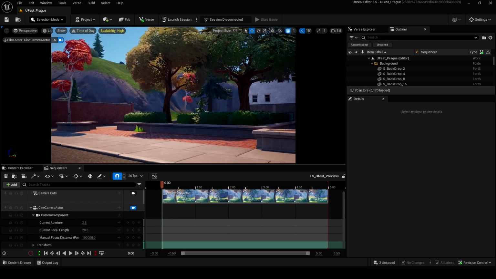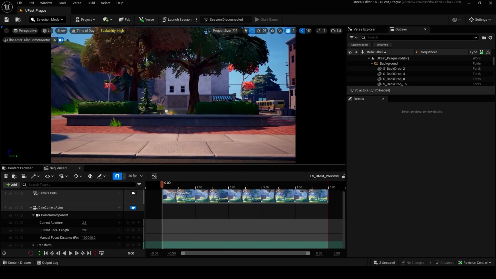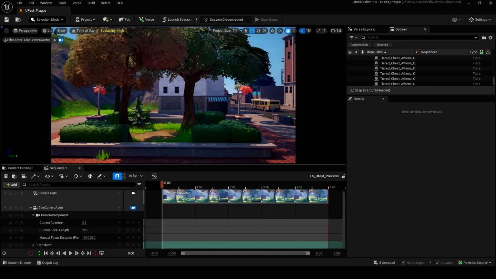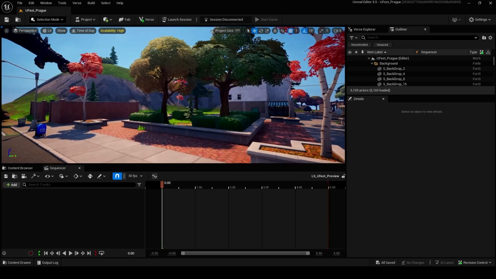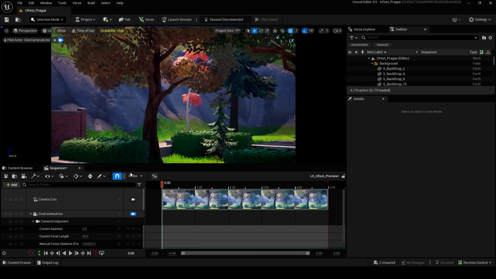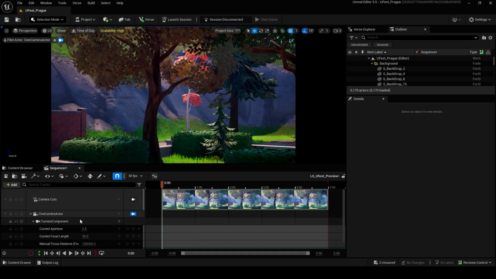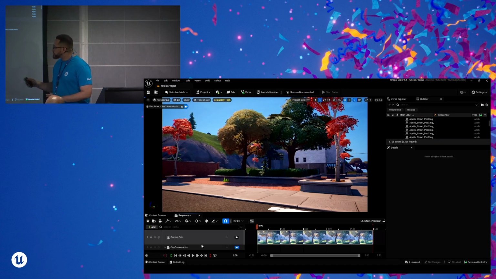This camera has many different properties. The main ones are the aperture, focal length, and the focus. The focal length determines how wide you want your shot to be, right? If you want it to be narrow or wider, you can set it up there, and you can even animate it if that's something you want. So to start our cinematic, I'm going to start with a static shot, which is this one,